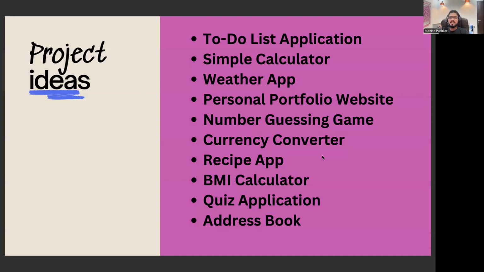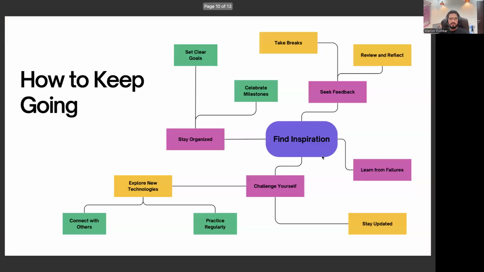Even on these projects, if you get started, try to take it to the next level. Ask what more I can add so that this becomes really interesting, something I can give to my friends or my family so that they also use it. So try to be a bit innovative. Don't just copy paste, just following the tutorial and doing the same thing. Try to take it one step ahead, do something different.